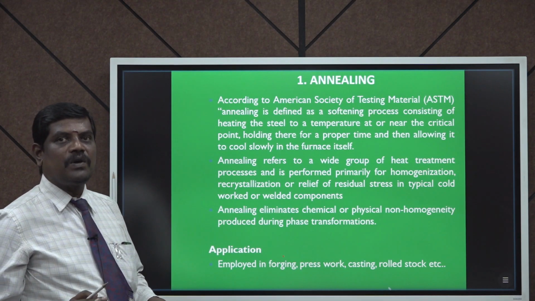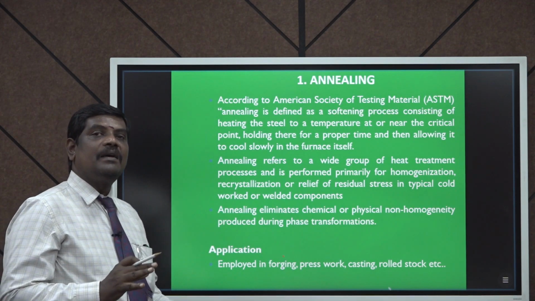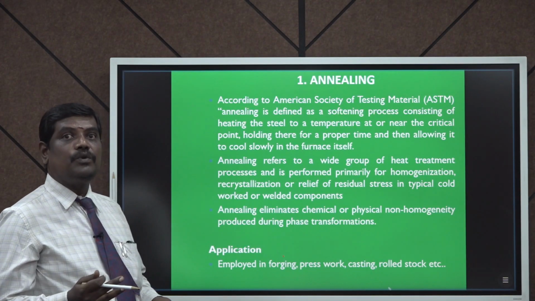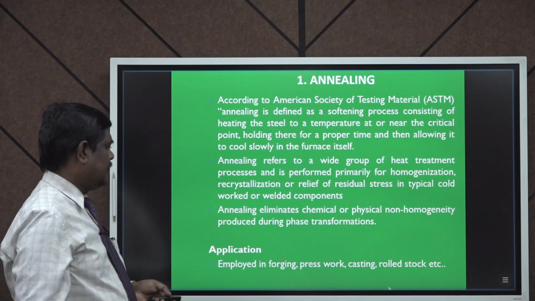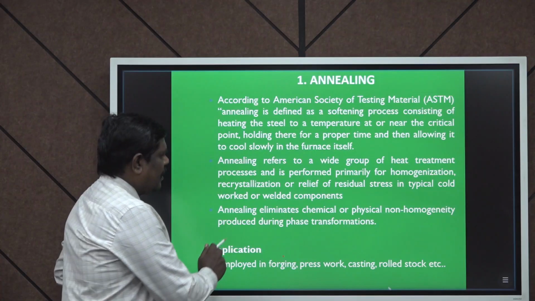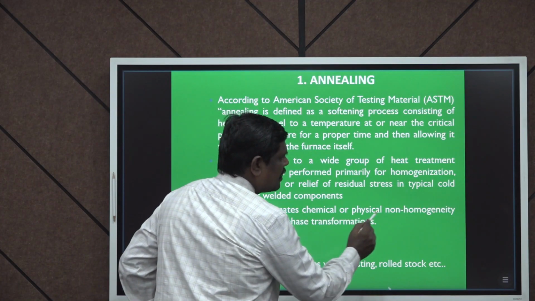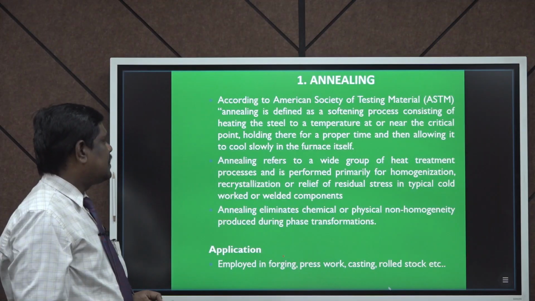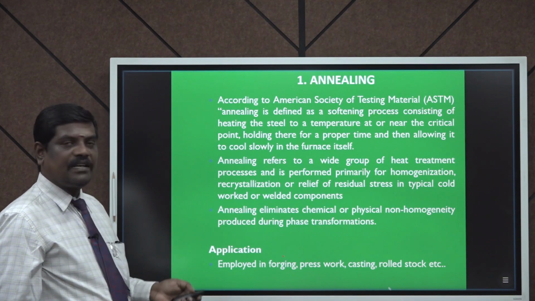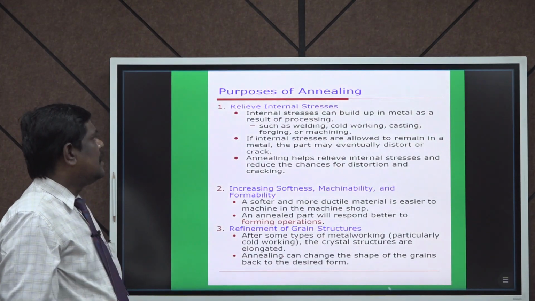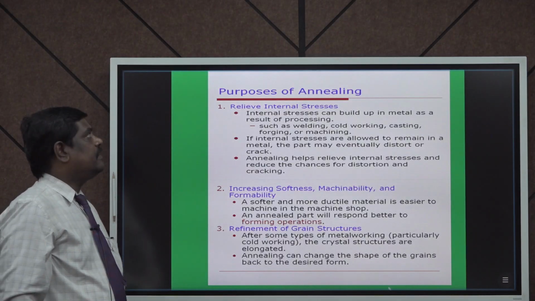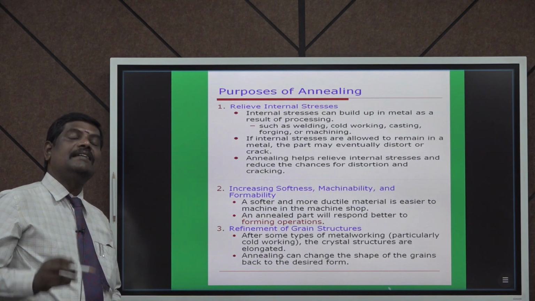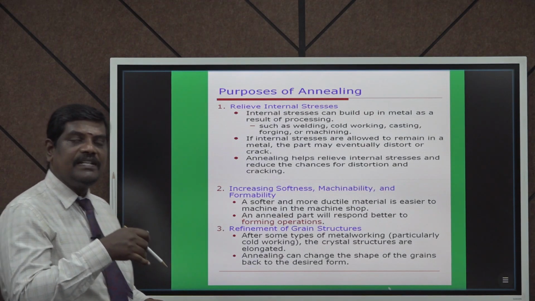Homogenization is also a very important parameter before we start working on the material. Annealing also eliminates chemical or physical non-homogeneity. So let us see one by one what chemical and physical non-homogeneity are. The main purpose of annealing is to relieve the internal stress which is stored inside the